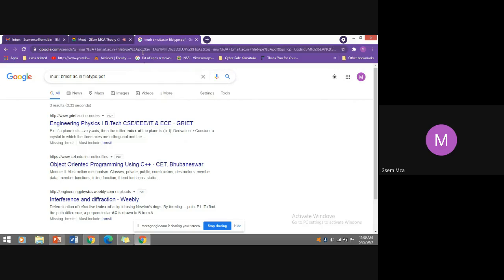One more file type. If you want to search for PPT in Microsoft.com, file type is PPT. Again, you can refine and narrow down your search. You are targeting ethical hacking.